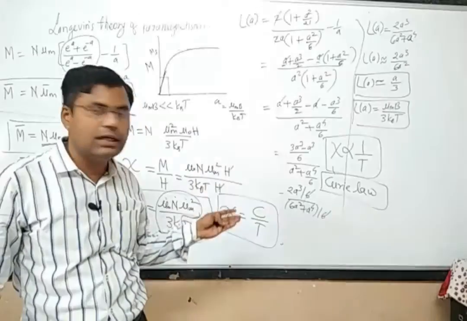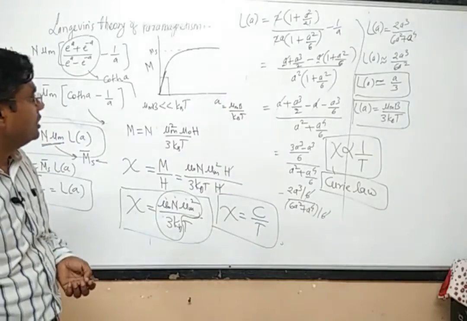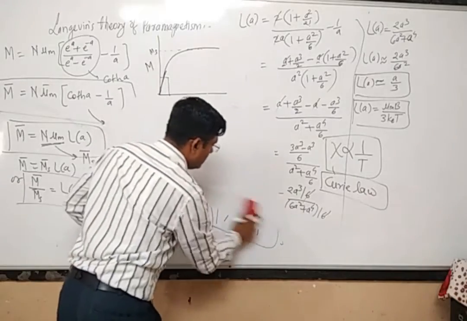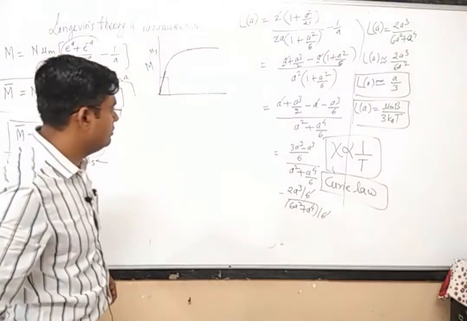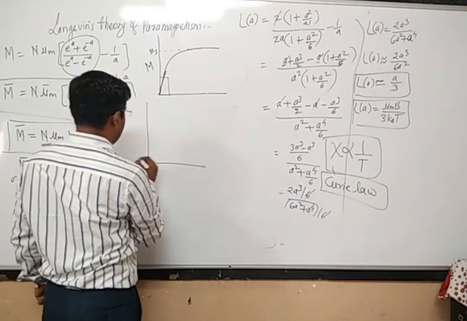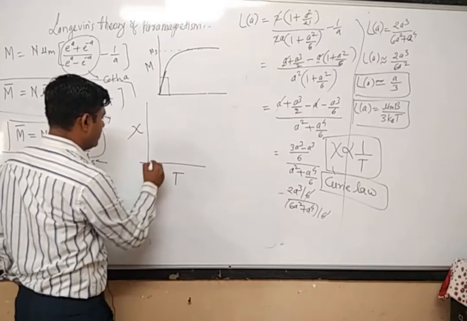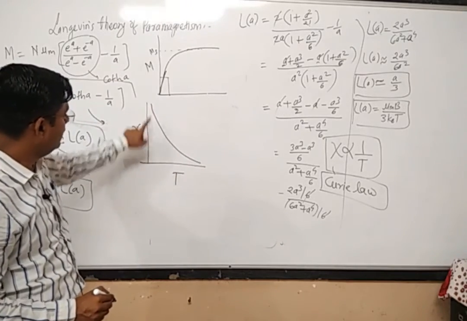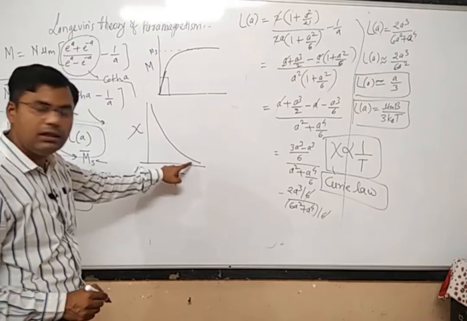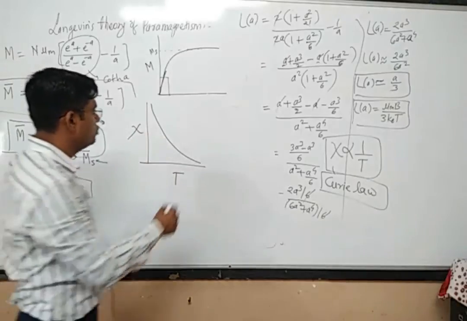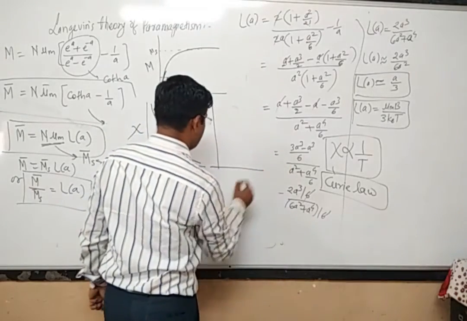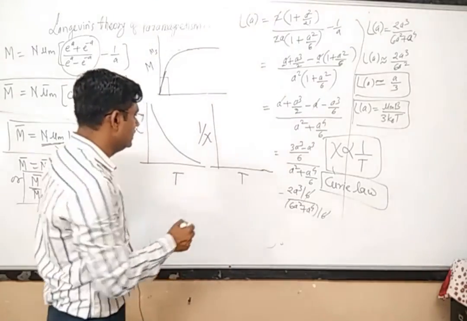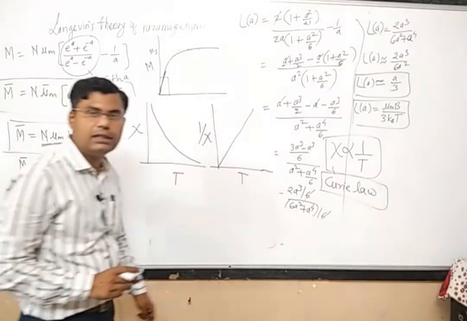Now what modification it takes, that we will see later on. But before that, we have to draw the graphs also, means how this fact that susceptibility is inversely proportional to temperature can be explained. So if this is chi and this is T, then you see at lower temperature the susceptibility is high, but as you increase the temperature the susceptibility goes down. So by this graph you can explain this Curie law. You can also draw 1 by chi on the y axis or 1 by T on the x axis. In that case you will get the straight line.